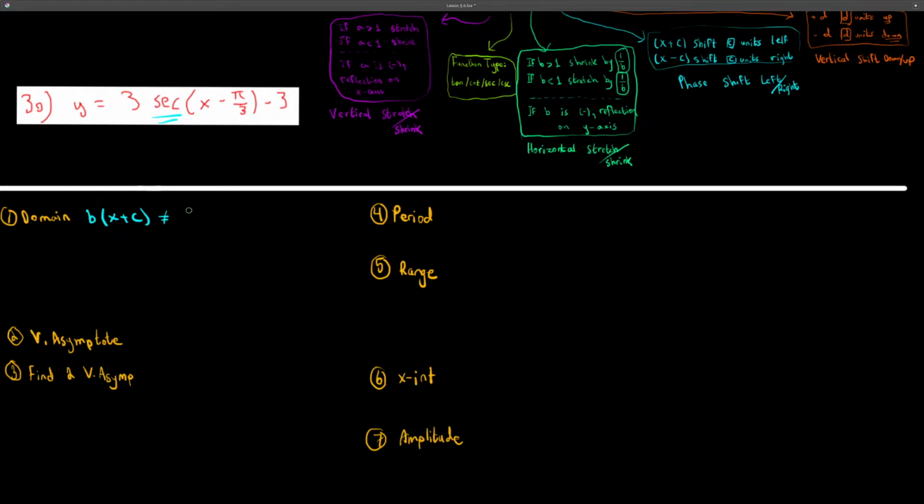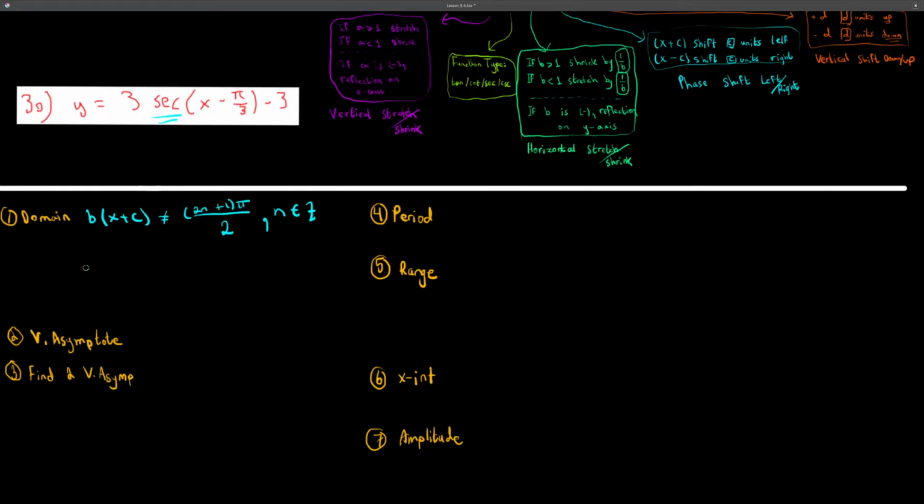Then the domain, which is (2n plus 1) pi over 2. Now, we should make sure to mention that n belongs to Z, the integers, not all real numbers. You should mention this, or else you might lose grades if it's subjective. So now we just substitute this with this,